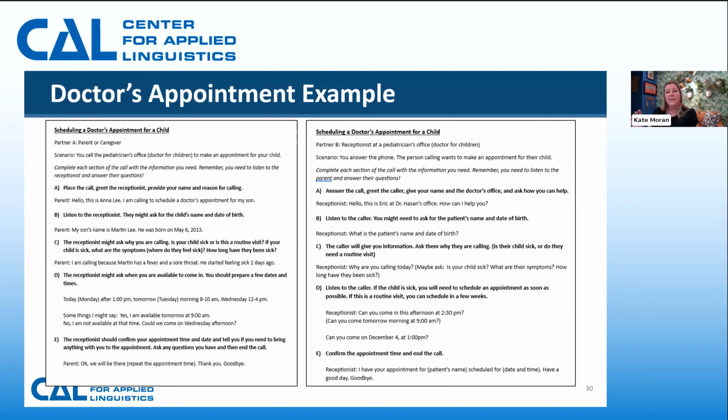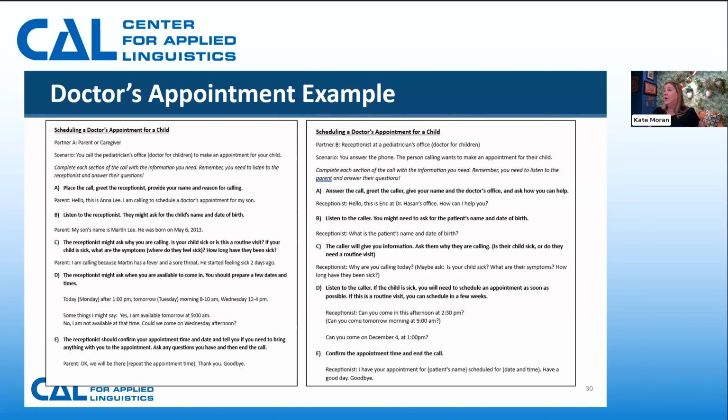For this example, I did provide kind of an outline of how they could script or what to expect for each part of the call. And those sentences in this script are labeled A through E, and they're in bold. And then as the students act out this role play, they now have practice writing, listening, active listening, because they really have to know what their partner's going to say, speaking, and also reading. And they've also had an opportunity to think through and rehearse a situation that they're likely to experience, if they haven't experienced that already.